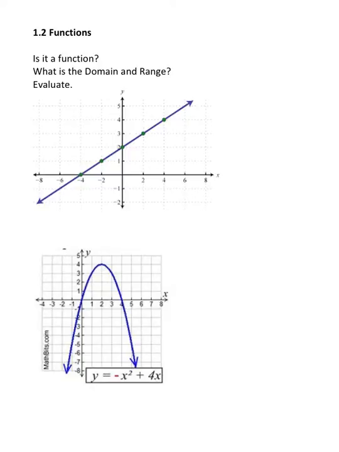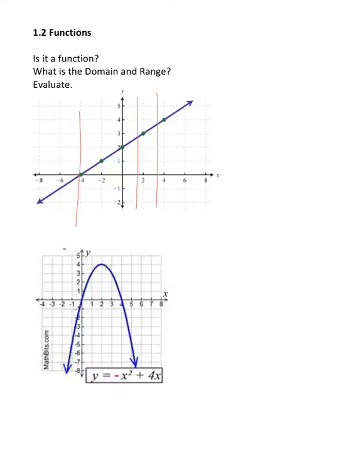This is 1.2 on functions. We have a bunch of different graphs of some relations of x and y, and we're going to determine if they are a function and then look at what the domain and range are, and also evaluate at some given values of x. First one is a line, and if we apply the vertical line test, we will see that